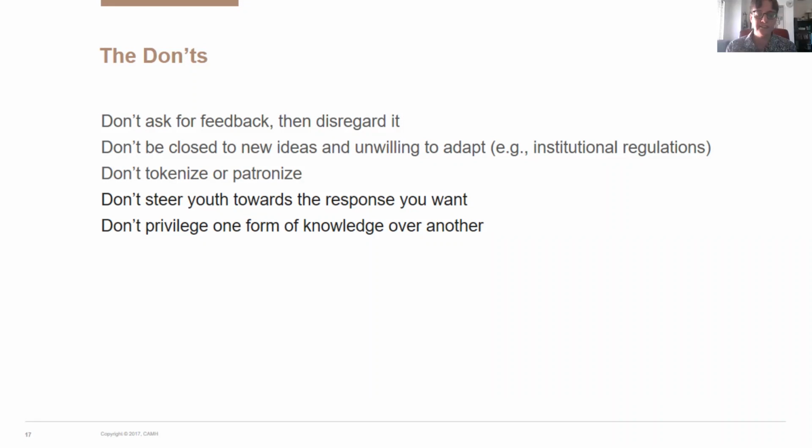A small example of this is our youth have told us that on our recruitment flyers, we need to say what the compensation is or youth won't participate. Our institutional rule is you don't put the amount of money on the research flyer. Well, we've been working with REB and our public affairs department, and we get a yes, and then we submit a new project and we get a no, and we argue it again and we get a yes. And it's an ongoing process to make sure that this is done, even though it is against the formal regulations. We have to get exceptions over and over again, because that's what our youth told us, and our youth are right. We clearly see the difference when that happens as far as recruitment goes.